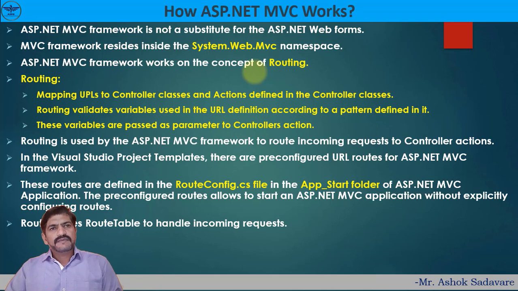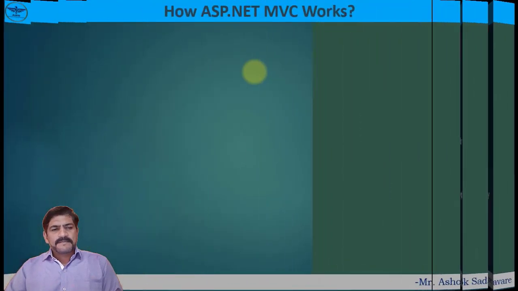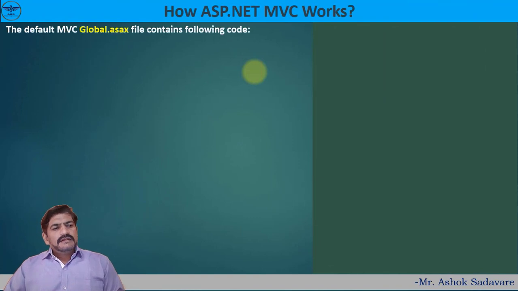While the application is running for the first time, the Application_Start method is invoked, and it handles the route table; depending upon the incoming request, the routes are configured. The route table is created within the web application when the application first starts. The route table is set up in the Global.asax file. The Global.asax file contains the following code.